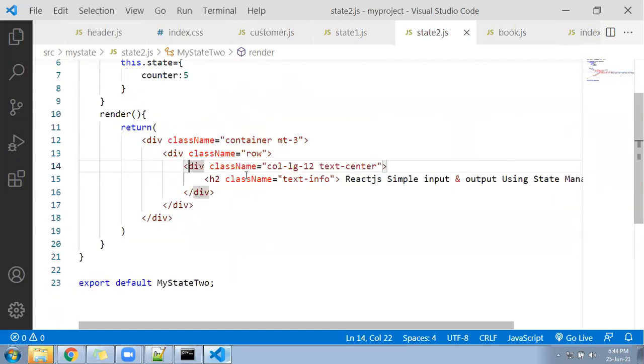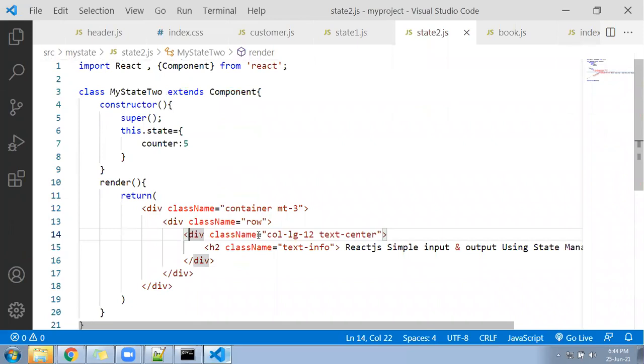Now after this, our next target will be to display this variable. Which variable? The counter variable we have created under the state. That variable we need to display. So how to display?